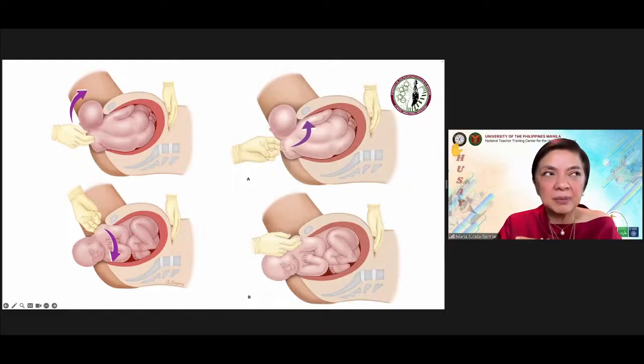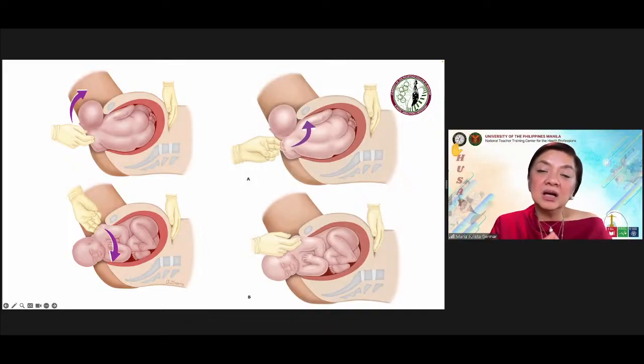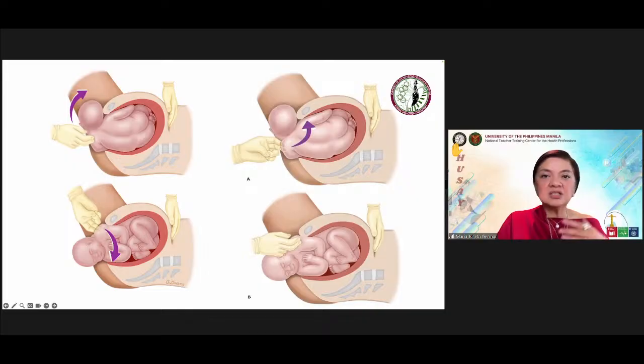There's a part-task training module for this, and we can do this in simulation using a mannequin, so they can be taught not just the skill, but also how to use teamwork, communication, and being the captain of the ship, the one in charge of mobilizing the anesthesiologists,